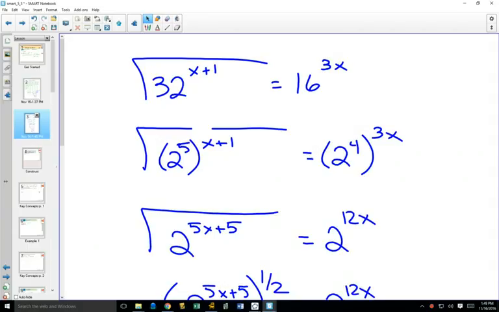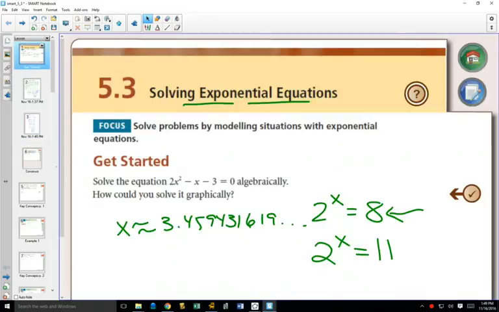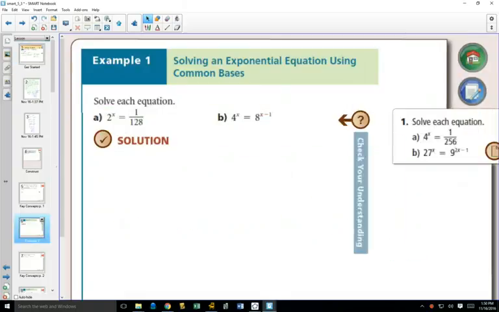Okay? When we look at what we started with, the very first question, this 2 to the x equals 11, that's not in the same powers chart. We have to develop some new math in order to figure that out. But today, we're worrying about things in the same powers chart. So when we get to example 1 here,